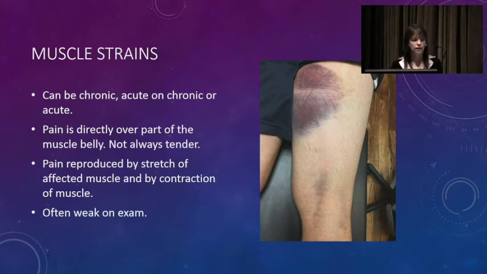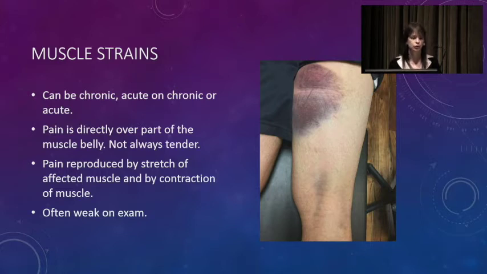They don't always have tenderness over the muscle itself, but usually with stretch of the muscle, you can reproduce that pain. So if they're complaining of pain in the area of the quad, and they're complaining of anterior thigh pain, which is a common complaint in a hip slip, if you have them lie prone on the examining table and flex their knee so that their heel is coming up to their bottom, you're not moving the hip. It shouldn't be painful in a hip slip, but they should feel that stretch and discomfort in the quad when you do a maneuver like that.